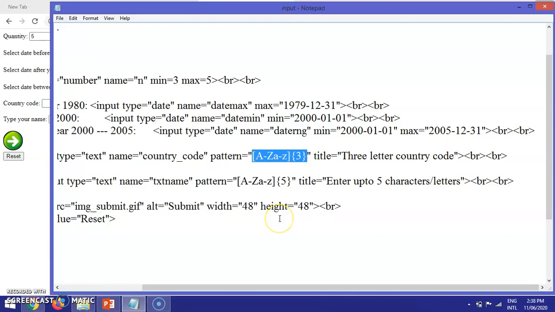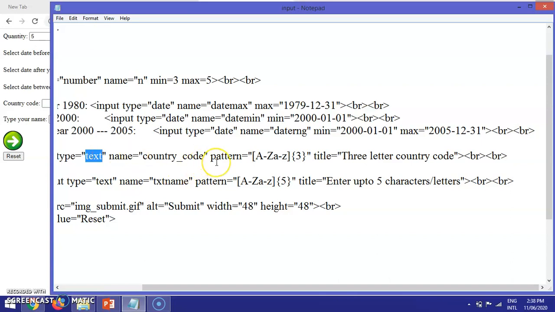Regular expression is a very detailed topic in which rules are taught on how to use symbols, numbers and characters to form patterns. The pattern attribute is applicable to text, email, password, URL and search. For all these fields, the pattern attribute is applicable.